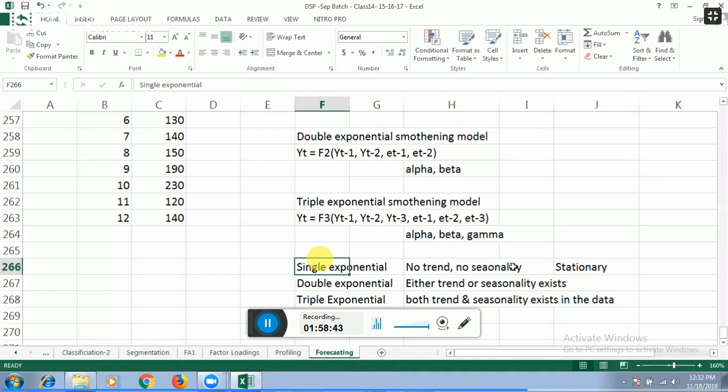So you are saying that the double exponential works well if the data has seasonality, and triple exponential if data has trend. I want to clear my doubt. I'm sure this works if the data has a trend and seasonality, and it gives better results, and this also gives better results. But in this case, again, there is no